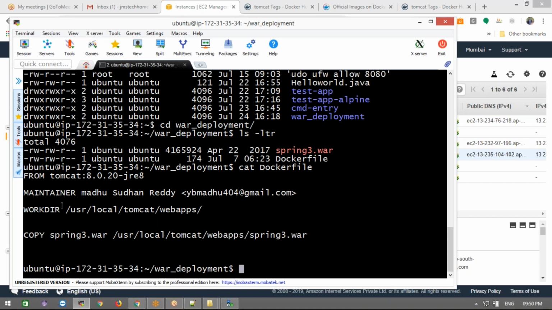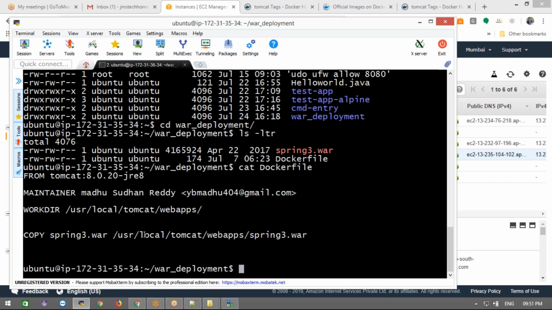Now when you are inside the container, it will go to this path directly. We don't need to go to this path. It's saying that this is our working directory. I will show that also. And copy this file from your current location to where you want to copy inside your image. How do I know this? It will go to this path.